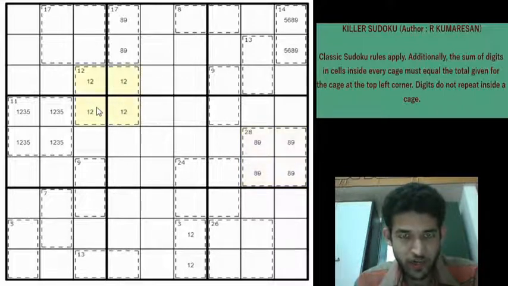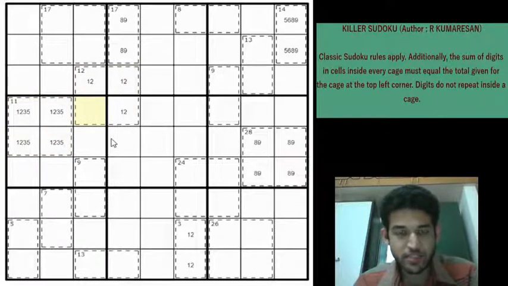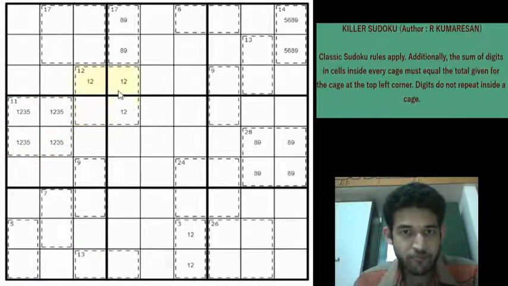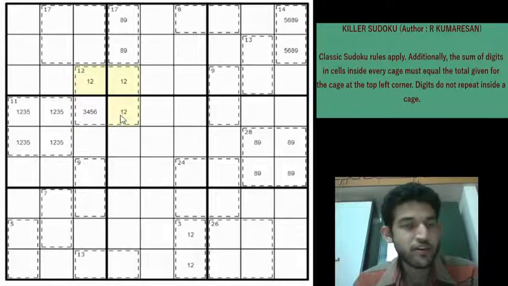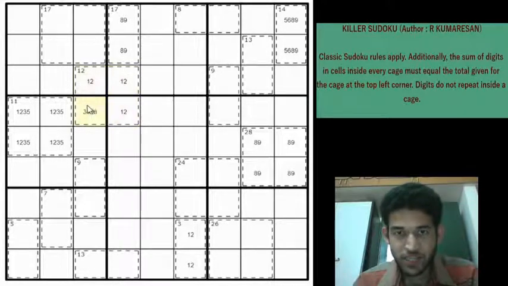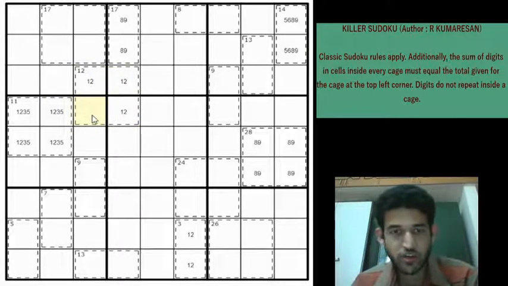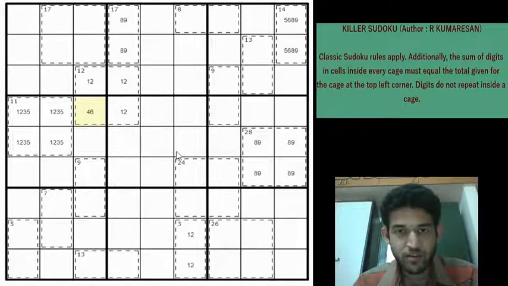So we know for certain 1 and 2 must be here, but 1, 2, 3, 5 is in this case, so you can eliminate the 1, 2 from this cell. And now the possibilities for this cell are, it can be 3 and 6 or 4 and 5, right? We can mark the 3, 6, 4, 5 here. 1 and 2 can go with 3 and 6 or 4 and 5. And since 1 and 2 is not here, row 4 column 3 will be 3, 4, 5, 6. But you have a 3 and 5 here, so this is going to only be a 4 or a 6, right?